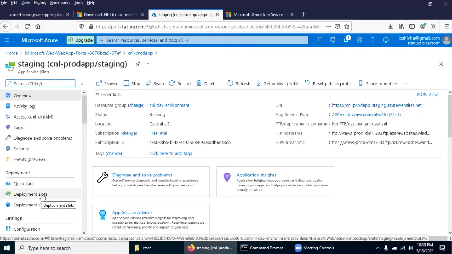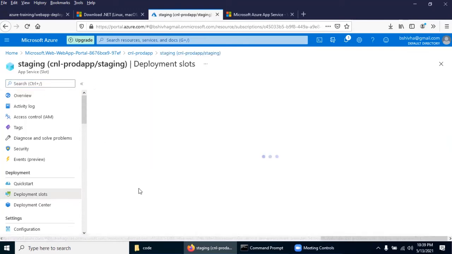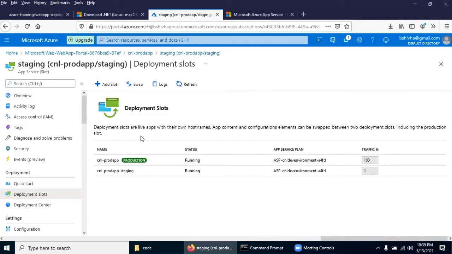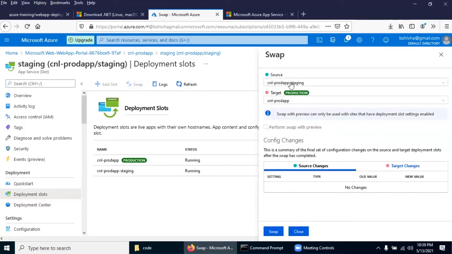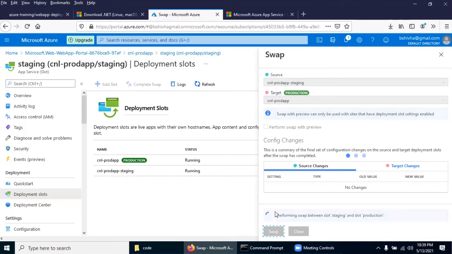I'm just going to deployment slot again. See, there is a swap, right? You click it, and from production staging to production app, you can swap the application once you have all tested. So this is on the fly. This change will take effect. Let's wait. Once swapped, the production URL will take effect with the new code push.